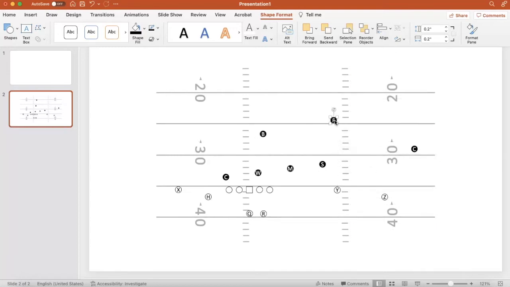Let's just put the field safety over the number 2 receiver inside. We'll do inside leverage at 6. We'll do inside at 5. We'll just put the Mike and the Will 30s at 5. Corner inside. All right, so today what we'll be doing in terms of coverage, real simple,